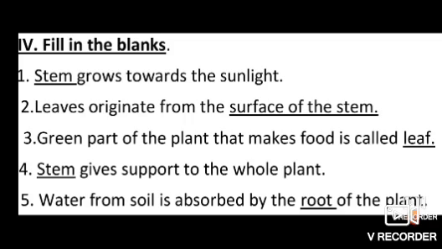Second one, leaves originate from the surface of the stem. Surface of the stem. Then third one, green part of the plant that makes food is called